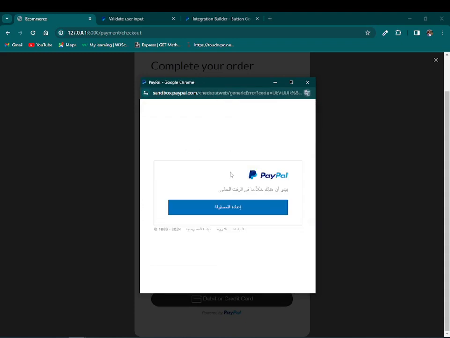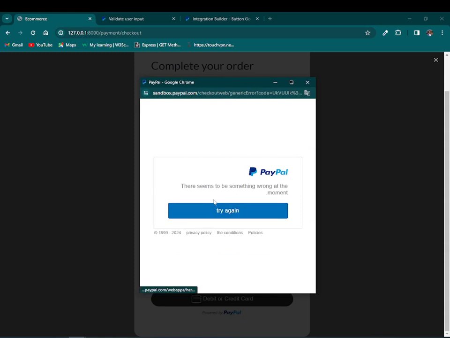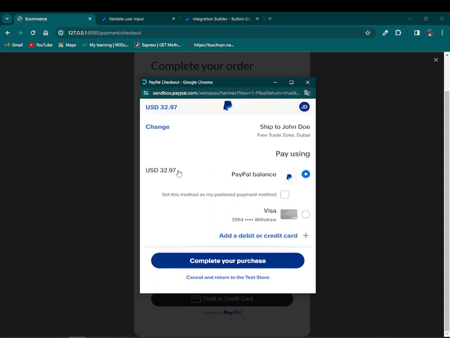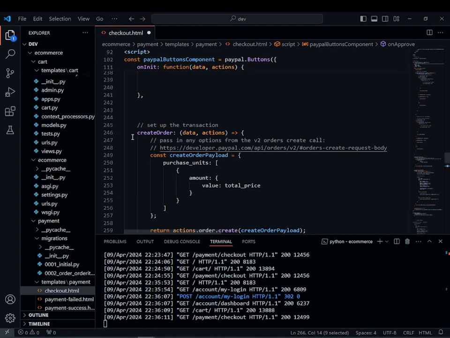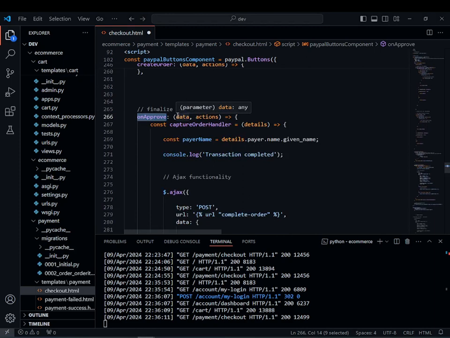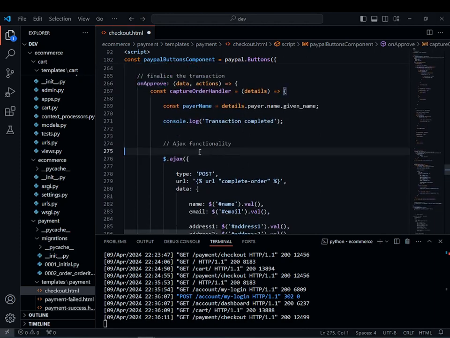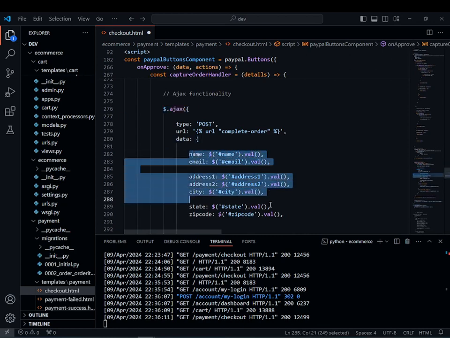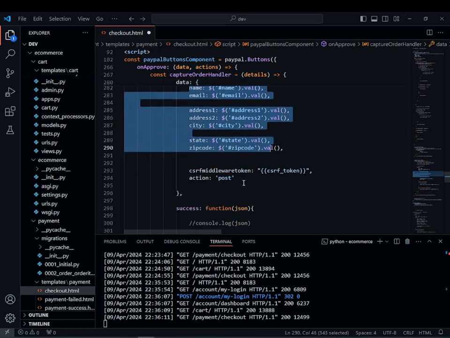So here you see my total cart items is showing there, and if I complete my purchase, then it is going to run that on approve. Then it will access that data from the form and then send it